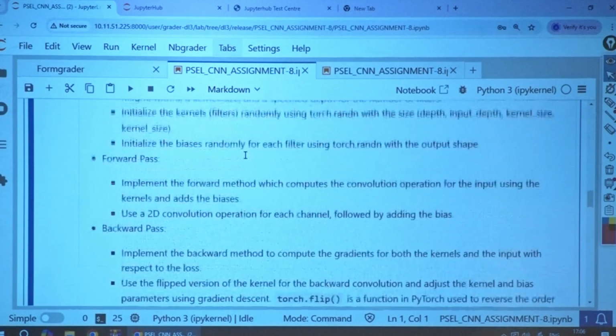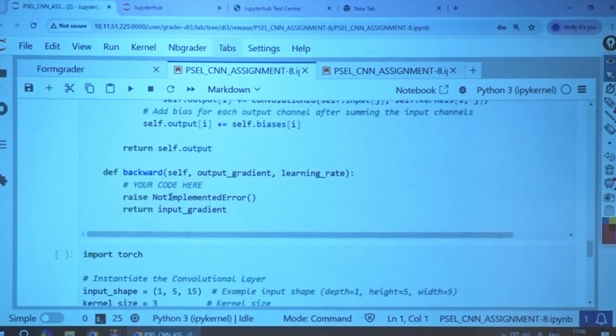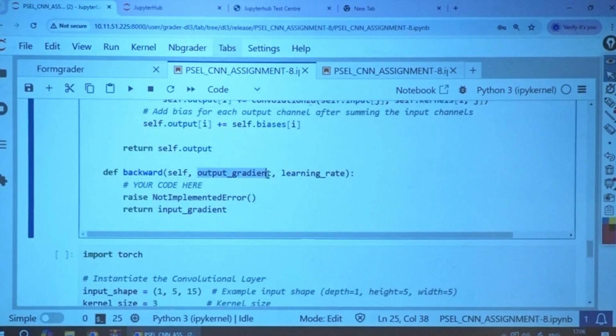So you remember how I am using the notation, the signature in the methods. Backward pass, output gradient is the gradient that we are receiving from the previous layer. Remember this. Output gradient is the input for this. From here, what is going out will be the input gradient. Name of the variable will be the input gradient. Am I clear? Okay.